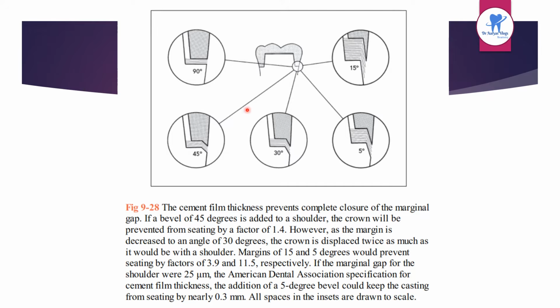Here is the cement film thickness, which prevents the complete closure of the marginal gap. If a bevel of 45 degrees is added to a shoulder, then the crown will be prevented from seating by a factor of 1.4. As the margin decreases to an angle of 30 degrees, the crown is displaced twice as much as it would be with a shoulder. A margin of 15 degrees would prevent seating by a factor of 3.9, and at 5 degrees it is 11.5. If the marginal gap for the shoulder were 25 micrometers,